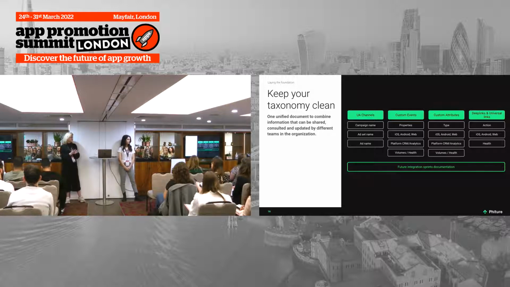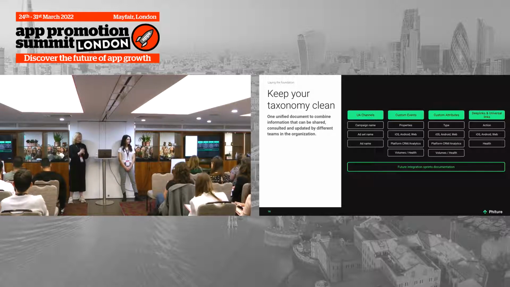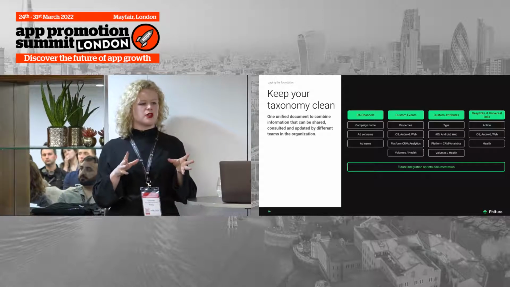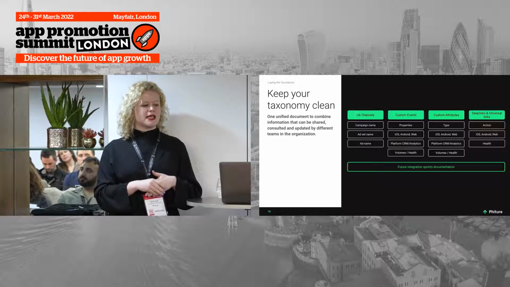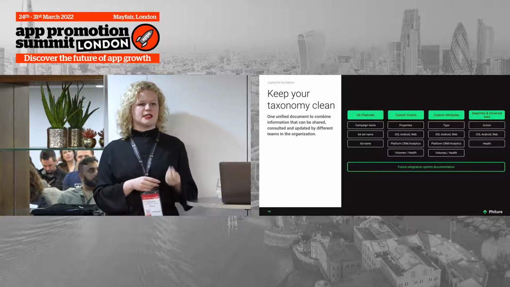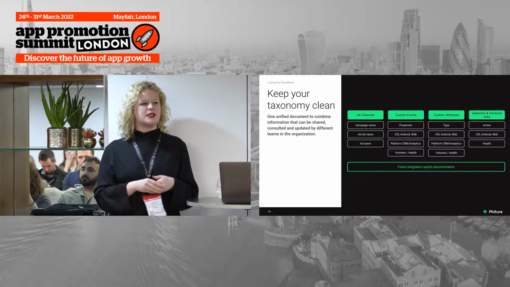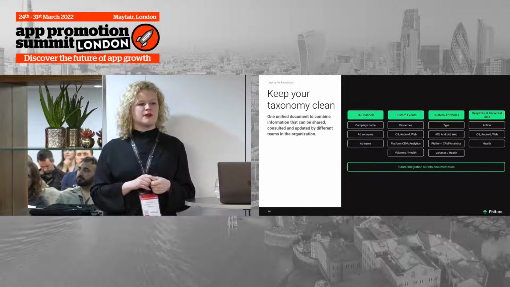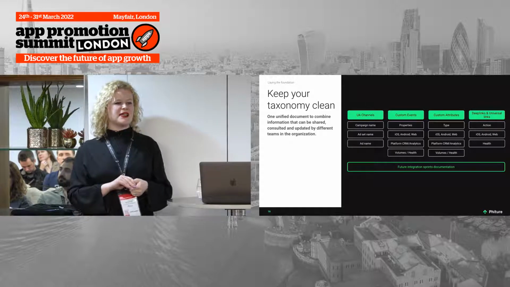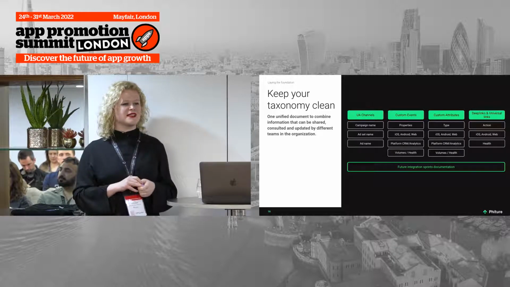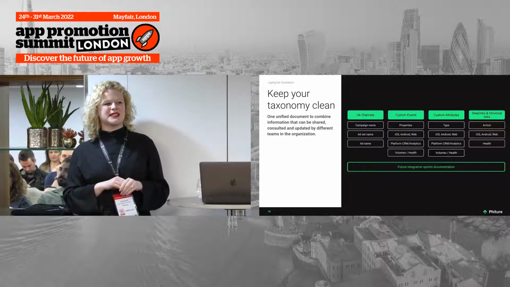This is a really straightforward recommendation, but it amazes me how many companies don't do this regularly enough. First of all, keep your taxonomy clean. Your taxonomy document should be one centralized source of truth where all the different teams within the organization can understand at any point what the key custom events, attributes, or user level data points are. It helps to have at least one person responsible for regularly checking in on this and making sure it's updated, because in a fast or high growth environment, this is the kind of thing that can slip, and you feel like it's maybe not that important at the time.